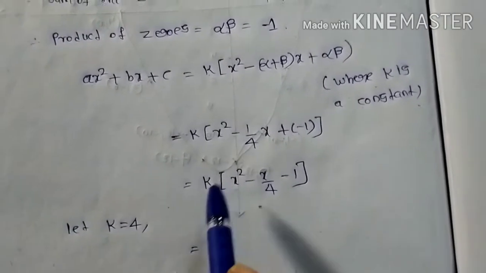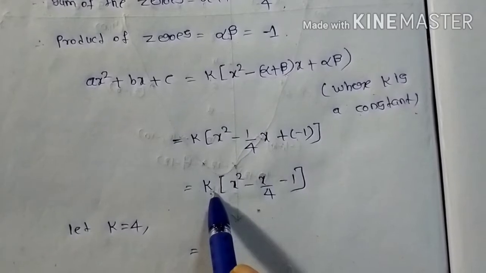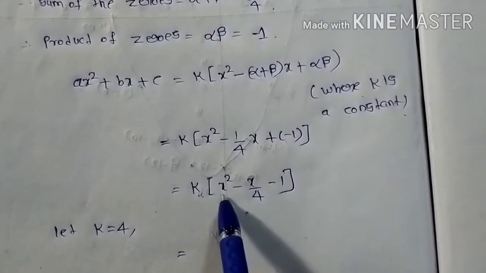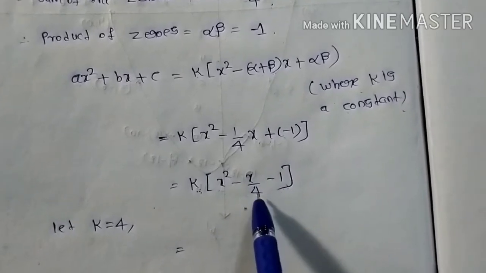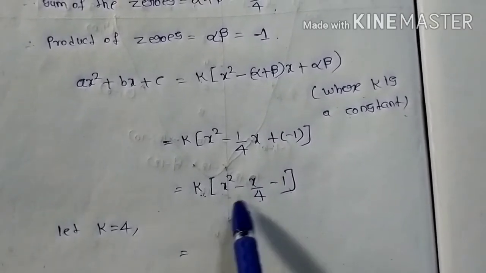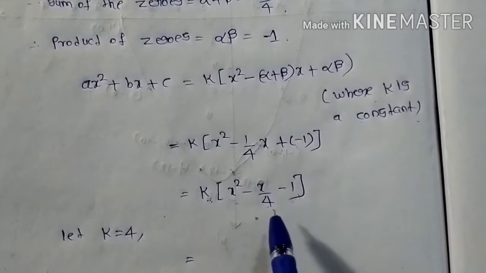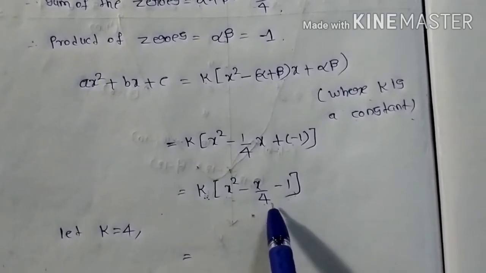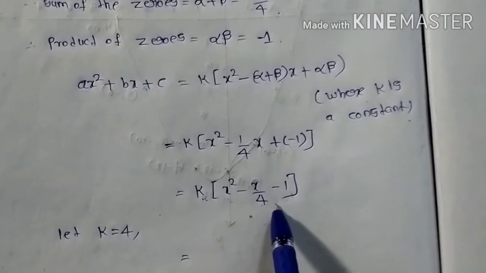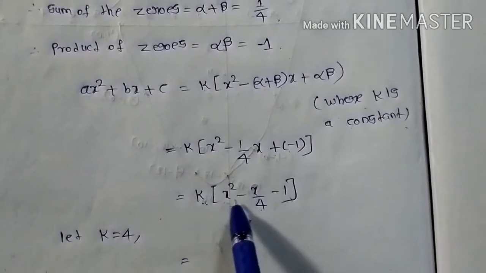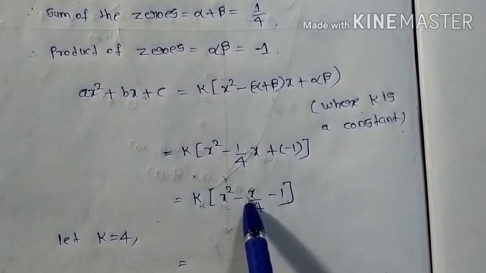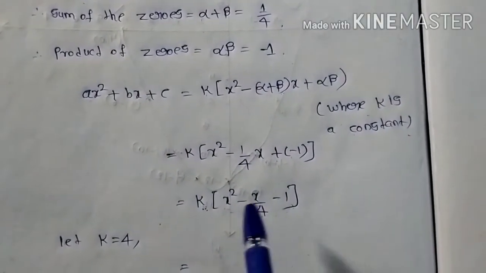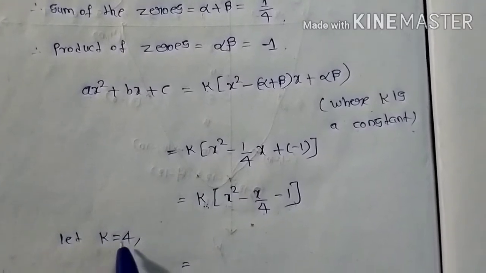You may have a doubt why I take 4, why not 1, 2, 3? Just see here, denominators: here the denominator is how much? 4. Here how much? 1. Here how much? 1 only. So we need to cancel the denominator, so that it becomes 1. How can you make it 1? You have to multiply with 4, or not? I am multiplying with 4. See, 4 cancels. You are getting 1, right? Yes. So for that purpose I am taking k equal to 4.